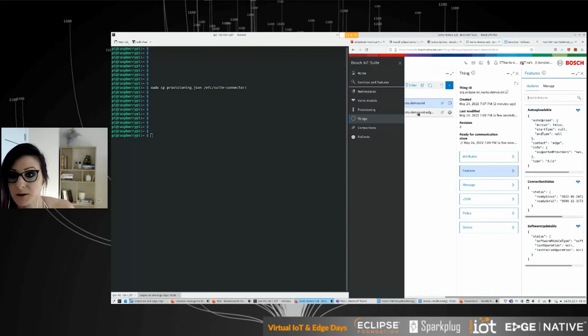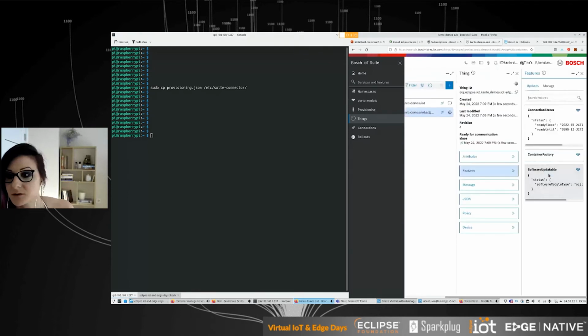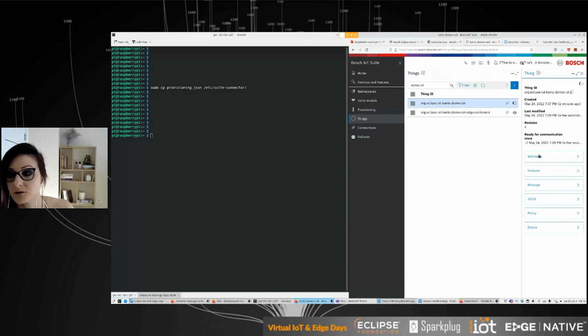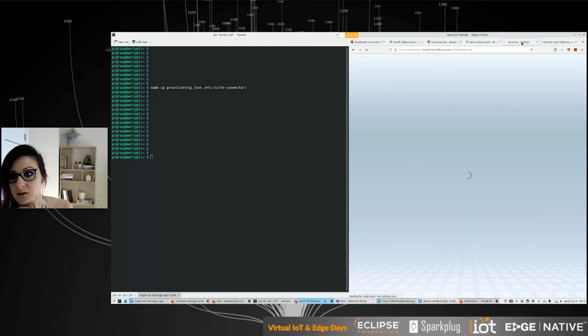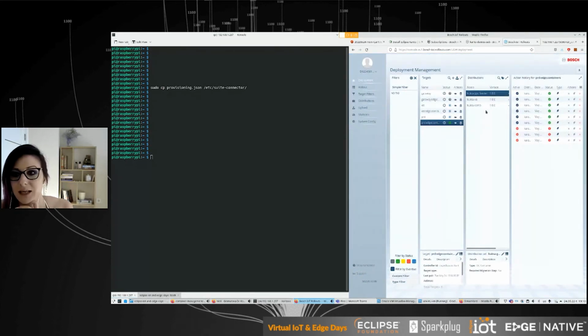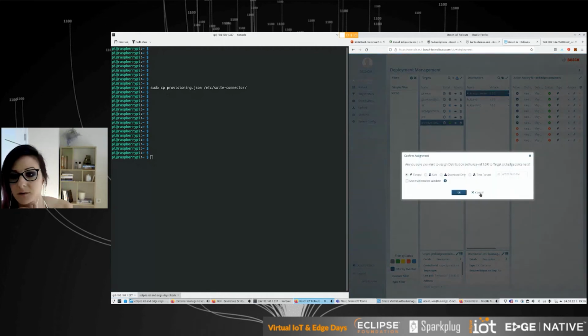But now let's see the features of the container management as well. You can see container factory, software updates. All of that enables remote management for your device over the air. So let's now start installing the containers, which I will do over the IoT rollouts console. Okay, doesn't need to roll that, but anyway. So first we will install the Kuxaval server.